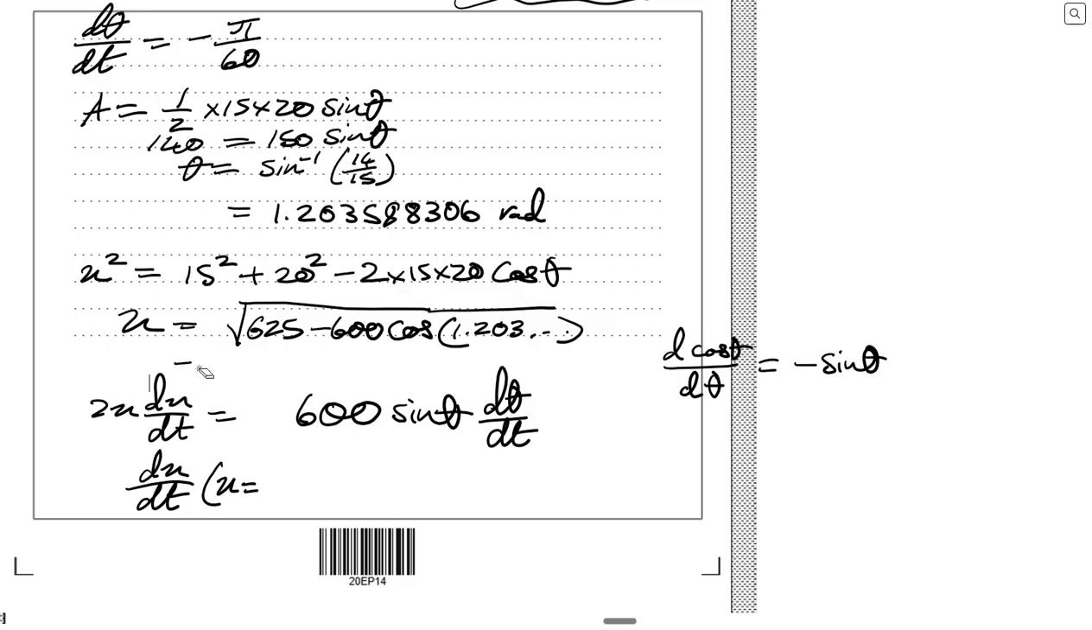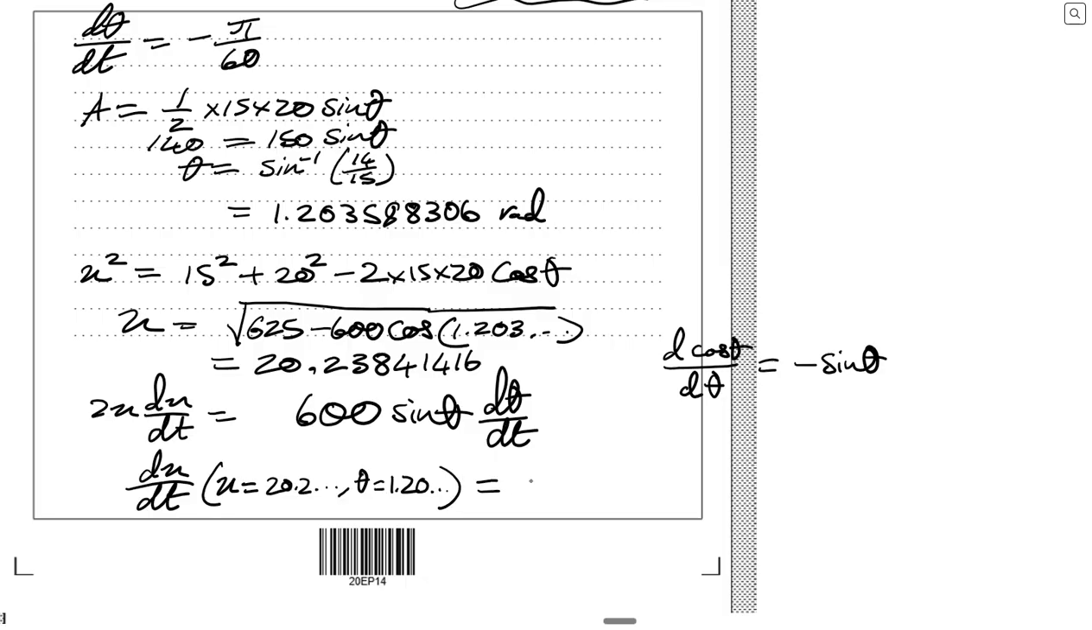And that gives us, let me do that, root 625 minus 600 cos, answer. And I get 20.23841416. So definitely check against that. And now x is equal to 20.2, right? And we know theta as well, so theta is equal to 1.20